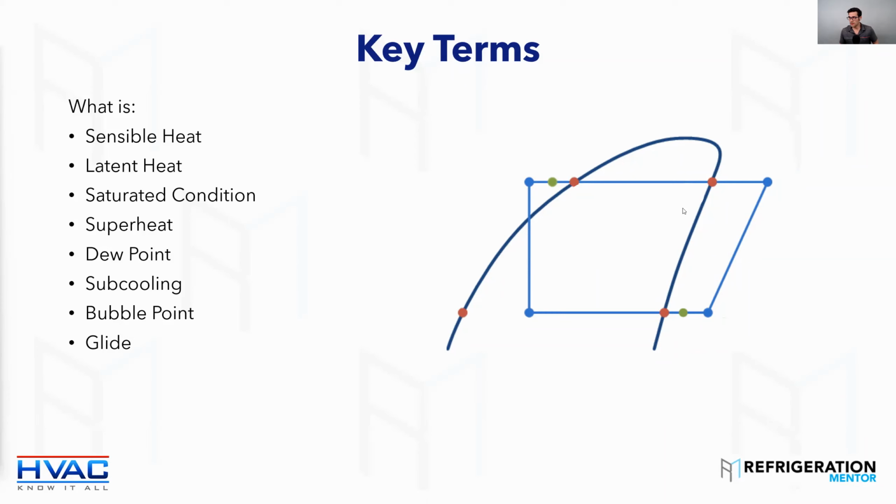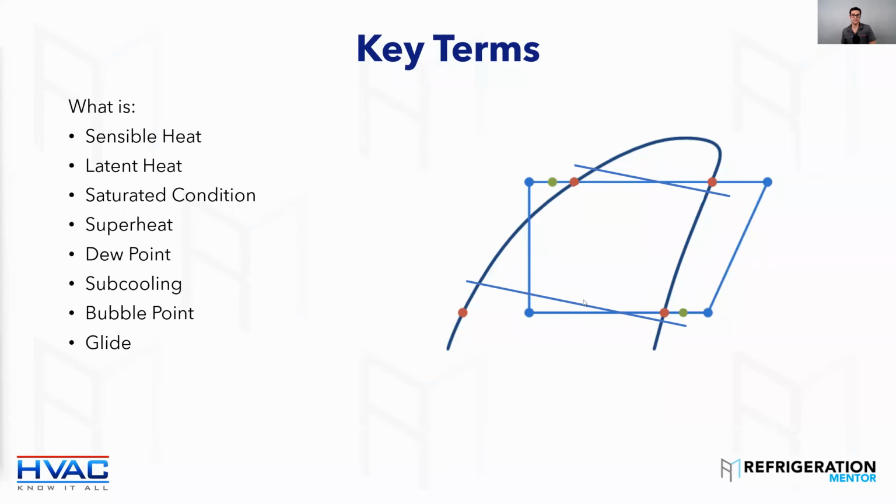When we talk about glide, this is what it looks like. We have different temperatures, same pressure. Yep. Different temperatures, same pressure. I've got a bubble point temperature and I've got a dew point temperature. Hopefully everyone can see where my cursor is. And that's really what it is: the range of temperatures between that bubble point and that vapor point. And here's the condenser side. So the top one's the condenser, the bottom one's the evaporator.